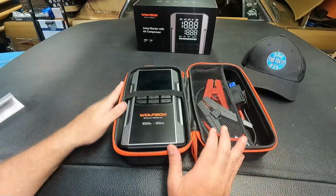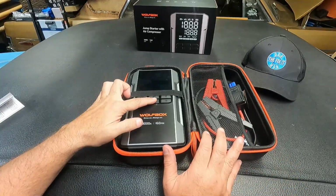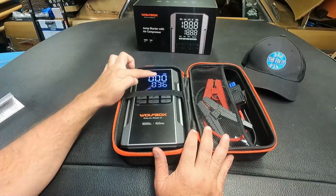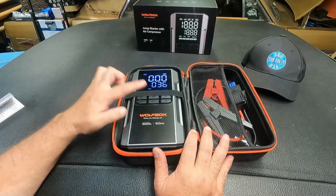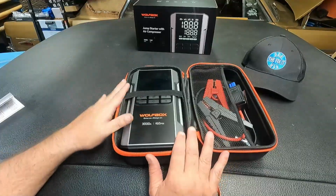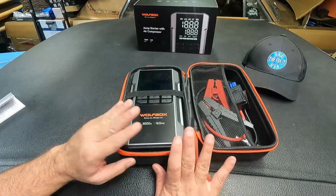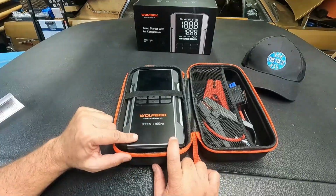Well, there you have it. That's pretty much everything. This was able to pump up that tire with no problem, and of course, even jump start this car. And you can see right here, we still have a full battery. Now, before I store this or put this in the trunk of my car, I'm going to plug it back in and completely top off this battery, because that's one thing I've noticed with these portable jump starters or portable